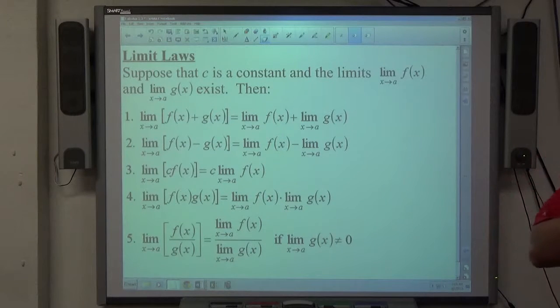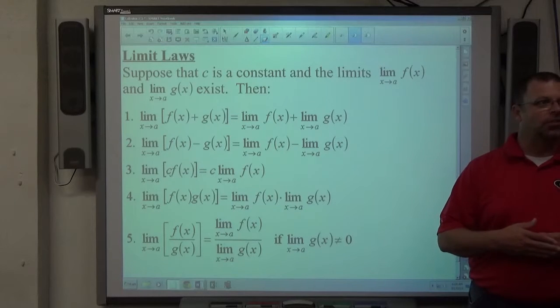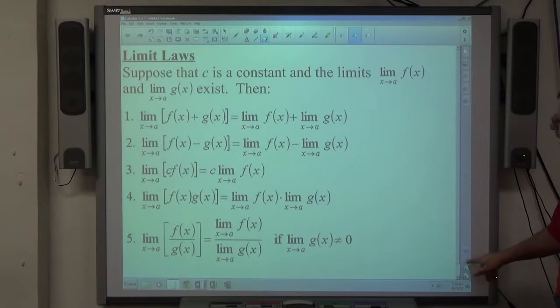Okay, before I go through the first example, I want to go through some limit laws that we're going to be using on a few problems, just so we know what limit laws are. When we do limits, we're going to be doing them more like examples 2, 3, and 4, where we're going to come up with some algebraic technique to simplify the expression to somehow get where we can put the number in. We're going to be using law number,